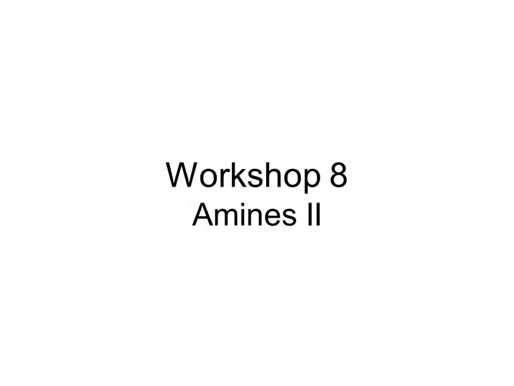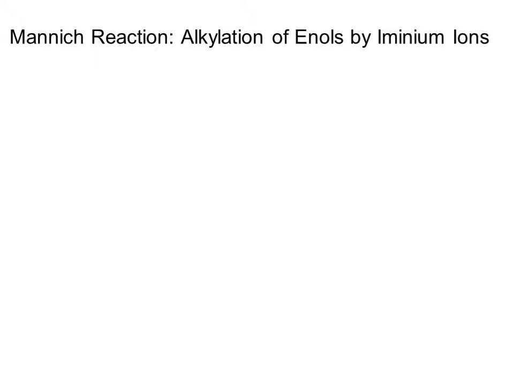Okay, this video is going to be our second video looking at amine chemistry. We're going to start off by looking at the Mannich reaction, so the alkylation of enols by iminium ions. While that sounds scary, those are all terms that you should be familiar with, right? Alkylation, we're going to be adding a new carbon-carbon bond of an enol. So we're looking at enolate ion or ketone, that's an enol, keto-enol tautomerism, and iminium ions, a double bonded nitrogen